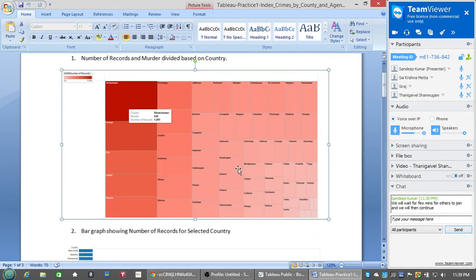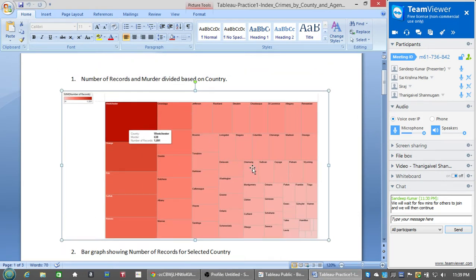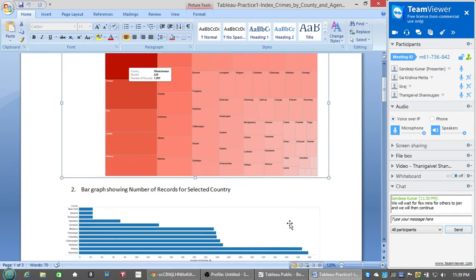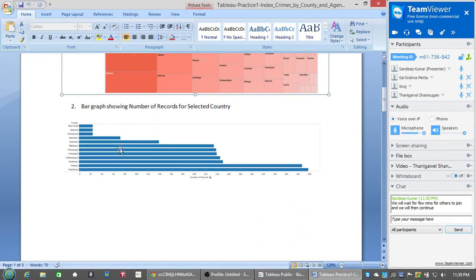So this is a very interesting visualization. This is a heat map, and I think this is a very nice example of the data that is being shown and the visualization that has been chosen for it, right? And then we have a bar graph. Nothing significant about it, but I like the way